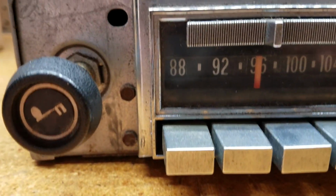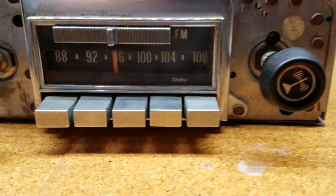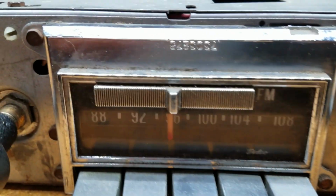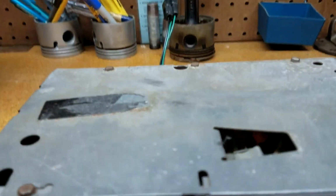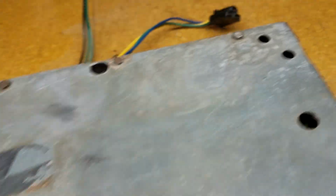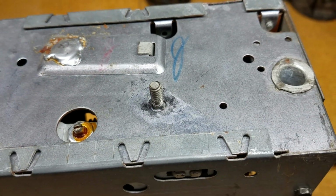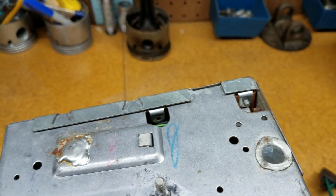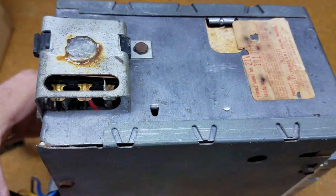All right, before we open this up and take a look on the inside, let's take a look at the outside first to see if there's any sort of markings on it. There's some part numbers on the bezel here. On the top, there are no indications or markings on it. If I turn it over to the side here, looks like maybe some inspection marks on the right side. On the left side, we've got a label,